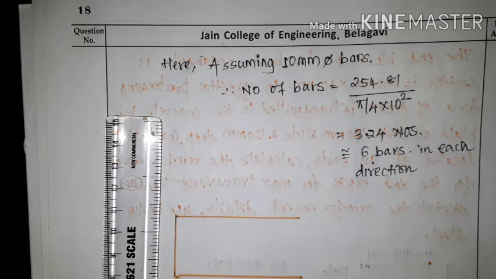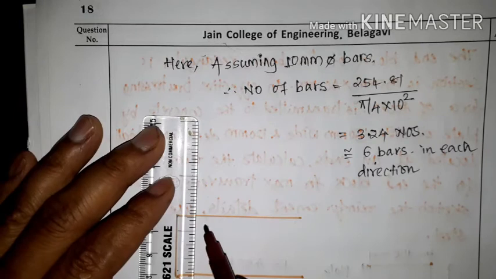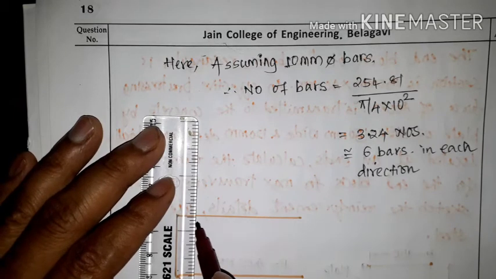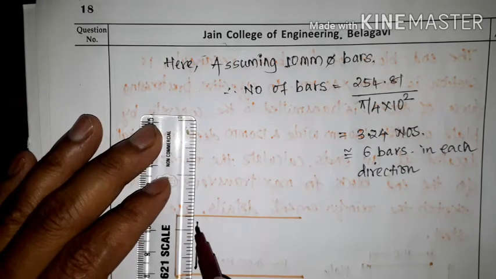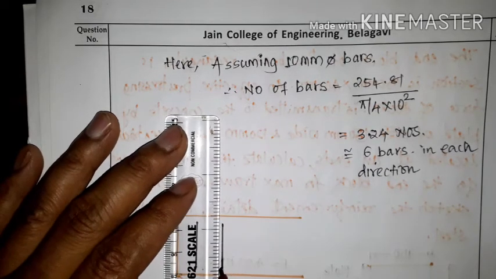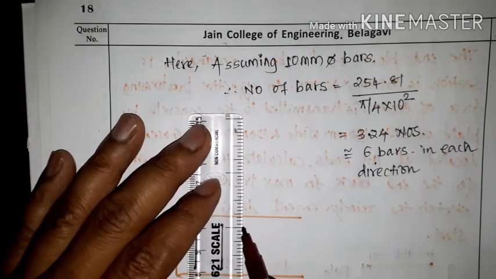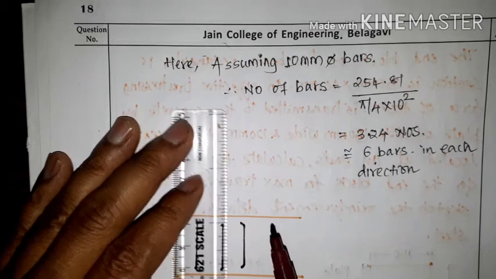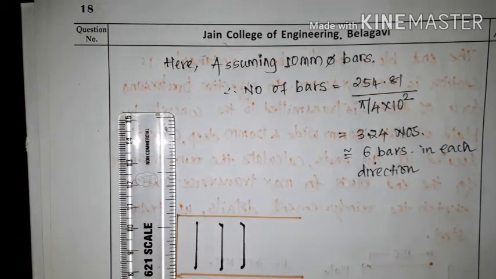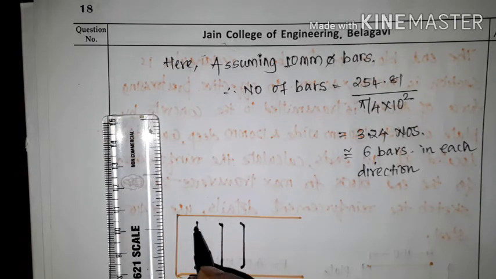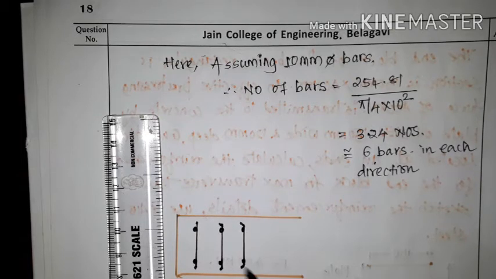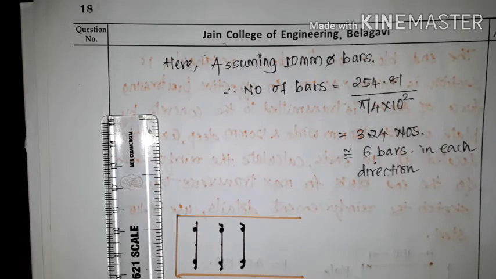So therefore now the bars are like, we have to provide 6 bars, so we'll have 2 bars, we'll have 2 bars, that is vertical and horizontal. So 1 2 1 2 1 2, so 6 bars horizontal and 2 2 2, 6 bars vertical again. Okay,